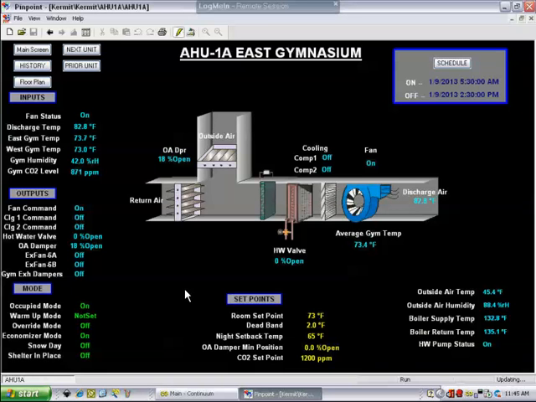Your graphic screens won't be like this. They'll be somewhat different. Different projects have different graphics and different builders of the graphics. But all of them have the ability to change all of these points. Say you wanted to change a set point. Basically, that's what you want to do. You go on that value, do a right